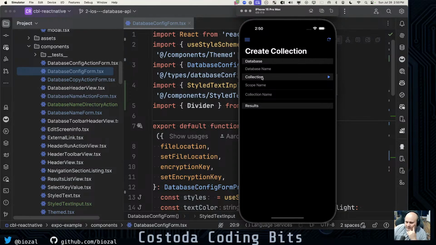Now, I don't think we need to have these sections like this. I think we'll call the header collection. We'll get rid of the database here because that's just a given. And we'll have database, scope, and collection all in one section. And then what we'll do is we'll just make the form,